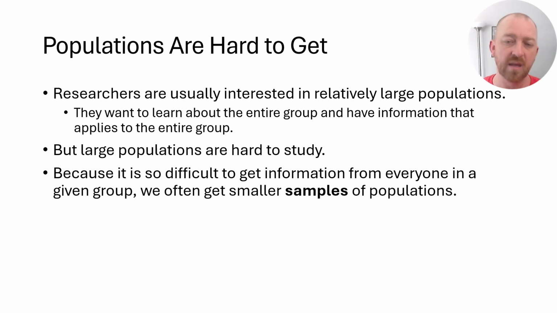Now, a sample is a smaller section of the population. It's more realistic to get a sample because it's not everybody in the population, it's just some of the people in that population. For example, if I'm interested in Christians, maybe I just say, well, I'll just study Christians in my area and hope that that kind of represents all Christians in the United States. That's probably not a great idea, but maybe I could get just a few people in every congregation in the surrounding tri-state area, for example. I'm not getting everybody, but I'm getting some people, and it's expanding my knowledge. It's getting me some data that hopefully will apply to the population.